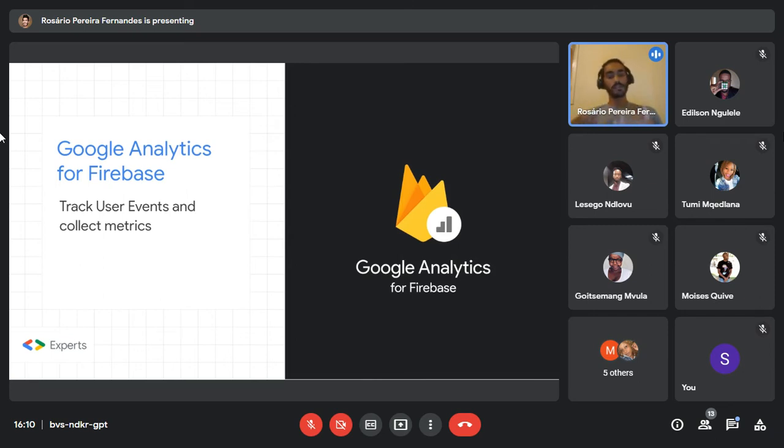Basically, what Google Analytics does is track user events. What's a user event? Let's say your user clicked on the shopping cart button. That's an event. Let's say your user signed up for the first time. That's an event. Let's say they finally completed a purchase, or they completed a level in your game. Those are all user events. So Google Analytics helps you get those events, and then at the end of the week, at the end of the month, you can check stats for those events. You can see, for example, how many users completed a specific level.